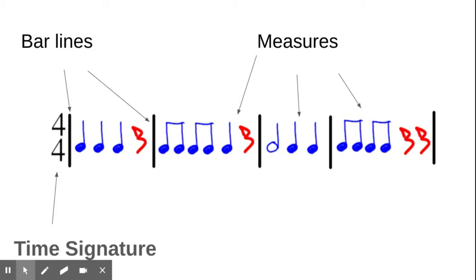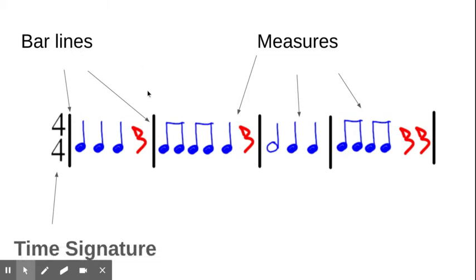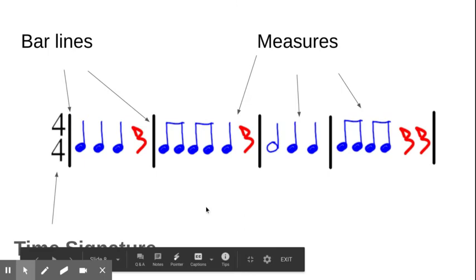So here's just a little excerpt that I took a picture of. It was on my smartboard, and we were discussing a few things that we should have awareness of while we're talking about figuring out rhythms. You've got to be aware of where your bar lines are falling, right? The bar lines separate the music into measures. So each of these, like the space in here is a measure, this is a measure, this is a measure. And these are governed by the time signature.